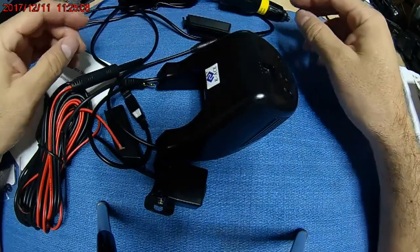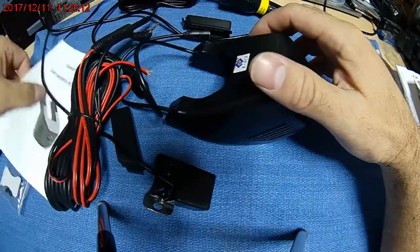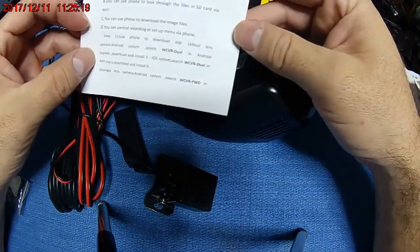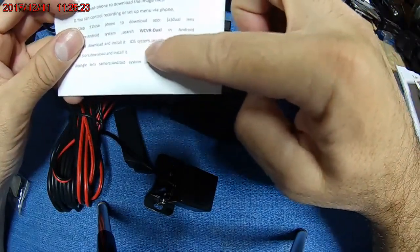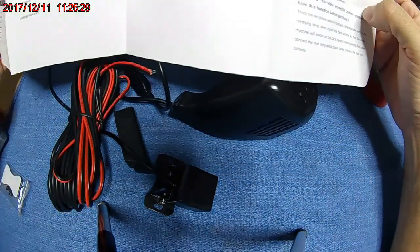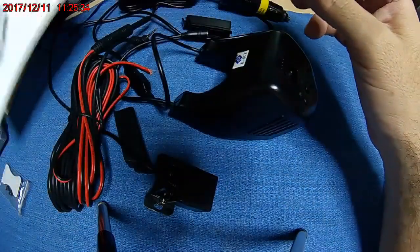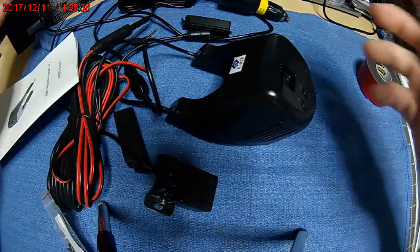So that's that. And well, I hope this is helpful. And let me see. As far as the manual, it's a little bit hard to read, but here you go. WCVR-dual. That's what you want for the app, and everything's pretty much not too hard to understand. So there you go. That's the dual